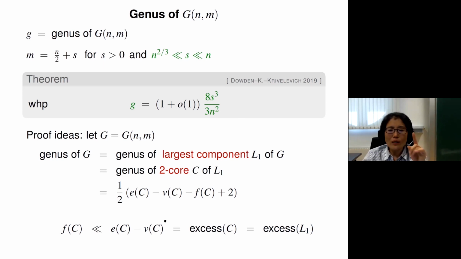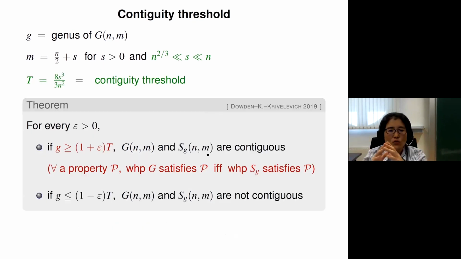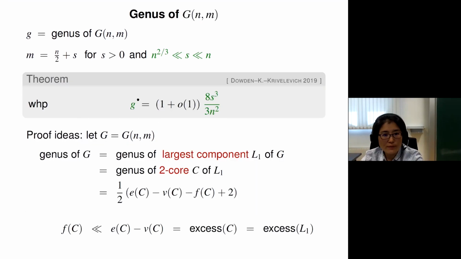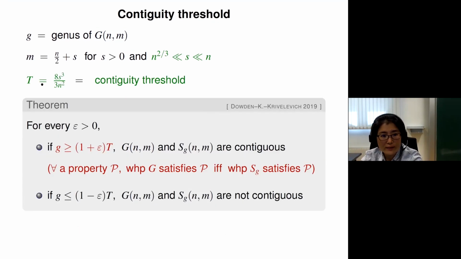Now, once we have it, we can indeed discuss the contiguity. How? So I just copied and pasted it. So the same setting, and I just added this one line, this famous typical genus. So let T be the typical genus of GNM. And what we can show is that if the genus is slightly larger than that quantity T, then GNM and SGNM